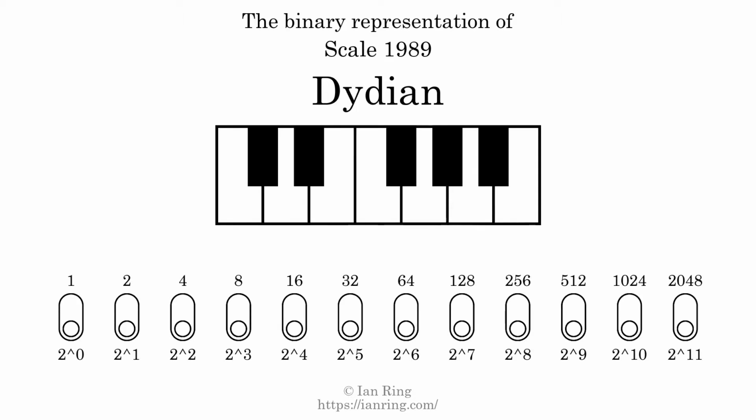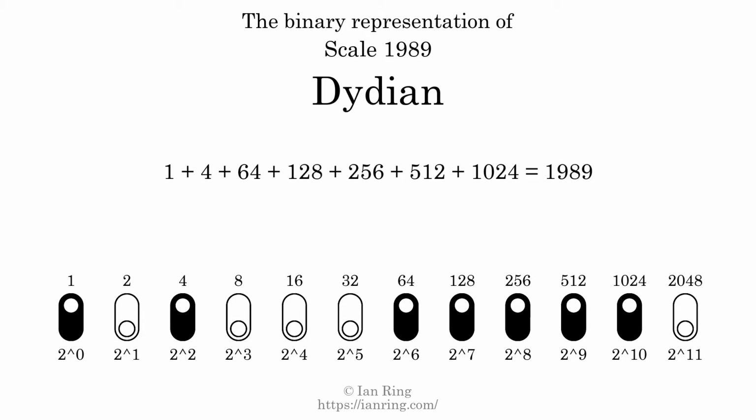The binary representation of this scale is determined by mapping tones of the scale to binary digits. Each binary digit represents a power of 2. To get the scale number, we add the powers of 2 together. The powers of 2 that are present in the scale, all added together, equals 1989. That is why the scale number, in decimal, is